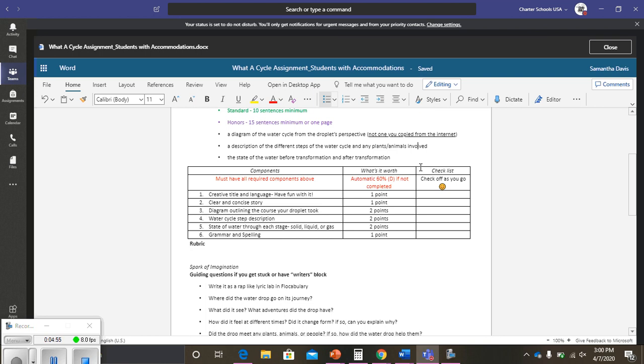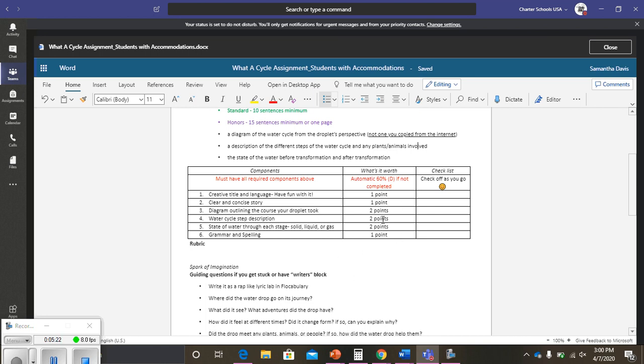Easy way to get an A is say what body system, which you know from earlier in the year, which body system would water go through? If you're not sure, Google it or look through your notes. That's how those higher order things, that rigor is what's going to get you to an A. I'm going to tell you how to get an F on this. It's not hard to get an F.